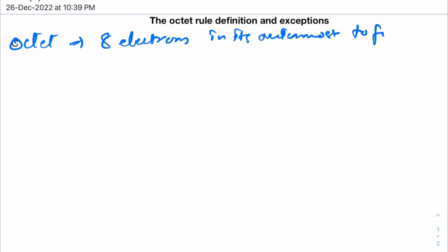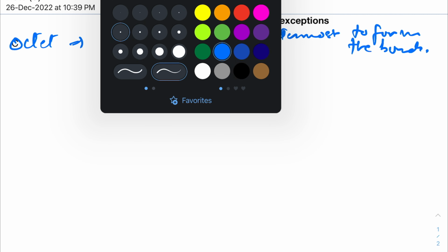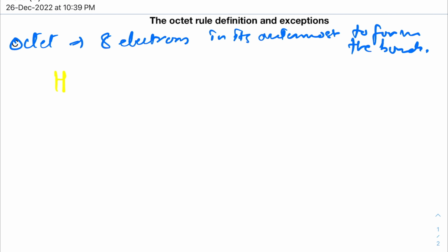to form bonds. So it works really well for some atoms, while there are a few exceptions as well. Let's see with the help of examples. So basically we have hydrogen, and hydrogen contains 1 electron, while chlorine contains